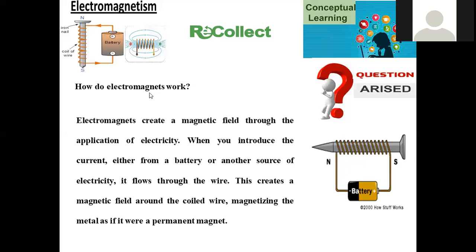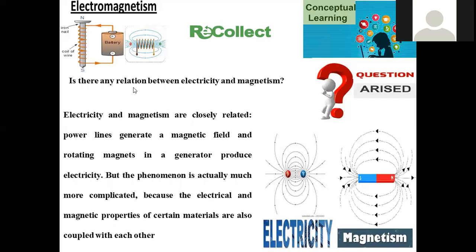In this manner, electromagnets work, and these in turn can be applied in daily life applications. So many applications will be there for these electromagnets. Now, is there any relation between electricity and magnetism? Electricity is generated by taking positive and negative terminals, and current always has a tendency to move from high potential to low potential, so that movement is possible, and the passage of electricity is also possible. Electricity is nothing but the flow of electrons.